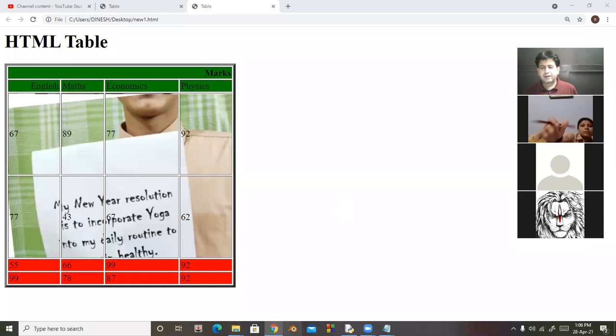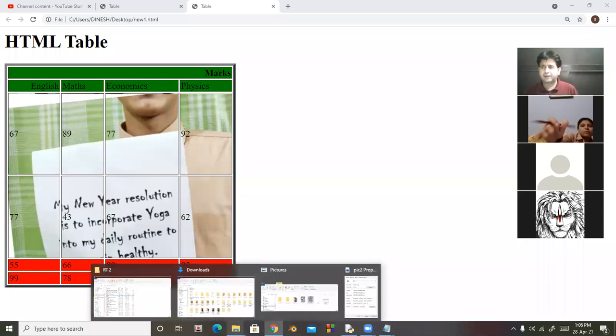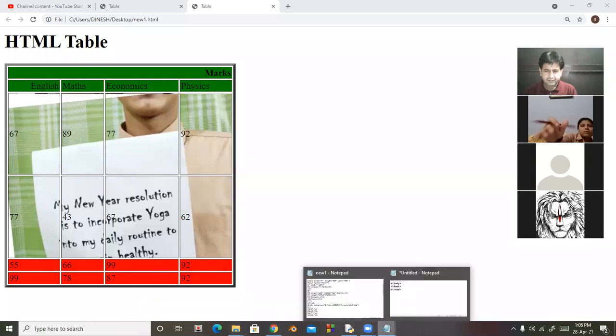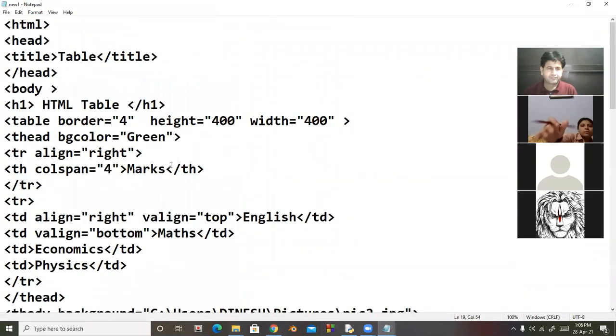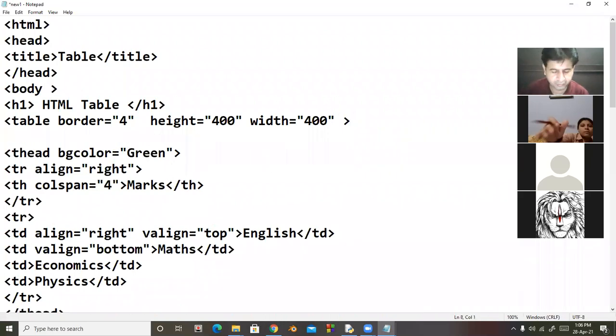There is another tag of the table, that is caption. Caption is a heading of the table. So I declare after the table tag, look at here, I will use caption, and then this is my table. Then caption close.